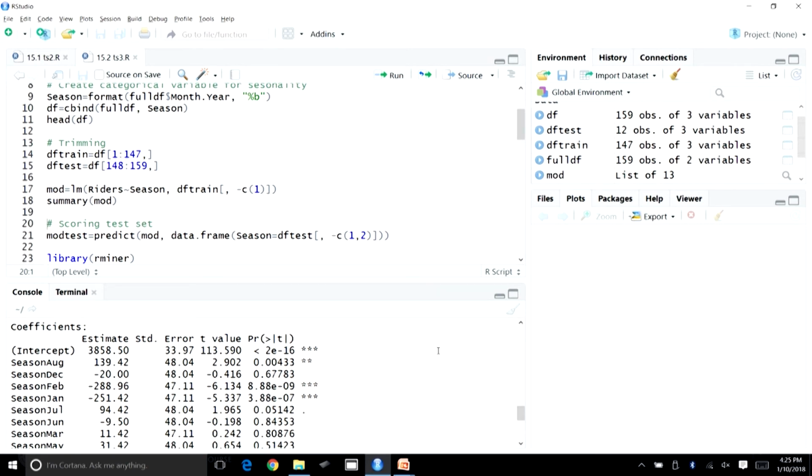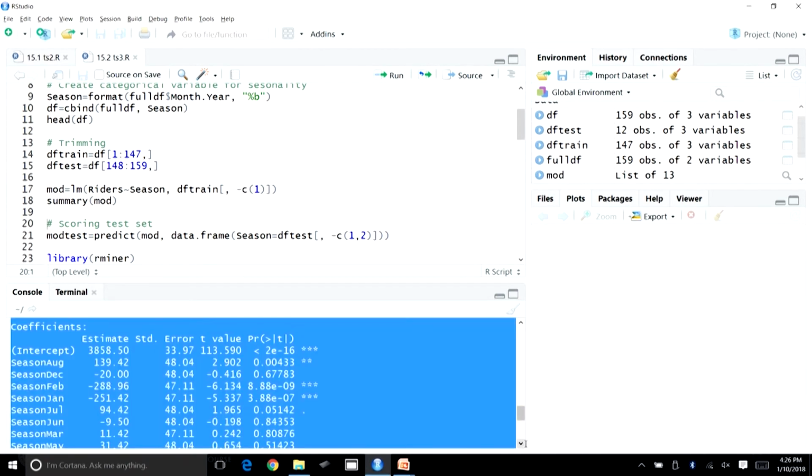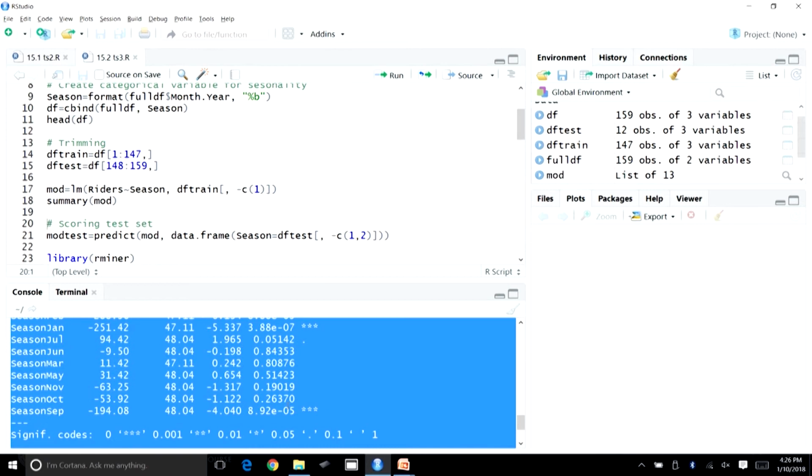Now, if we look at the results here, August seems to be significant, then Feb is significant, then Jan is significant, and July also seems to be significant. Any other season? Let us scroll down. We can see that September is also significant.